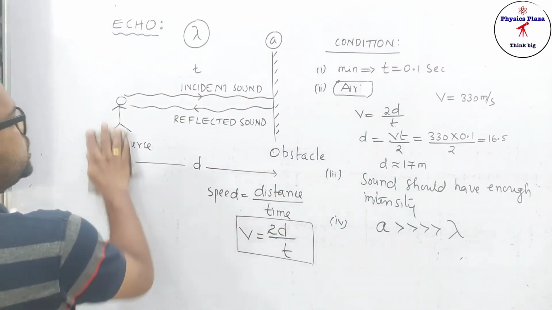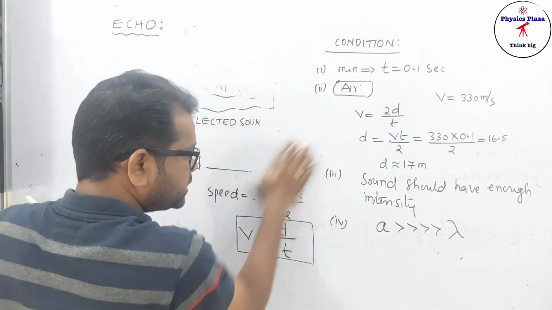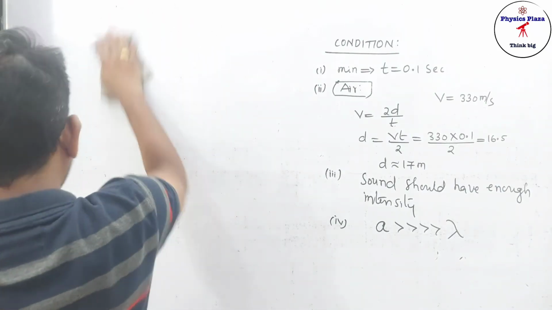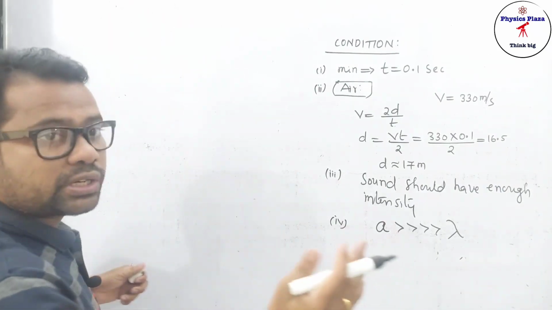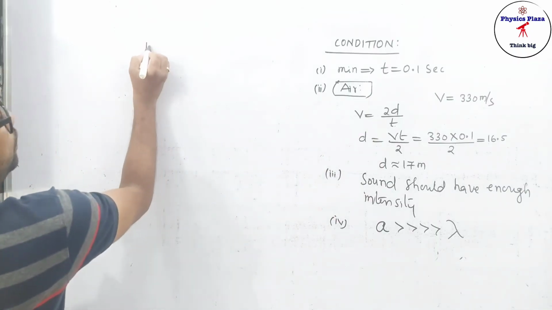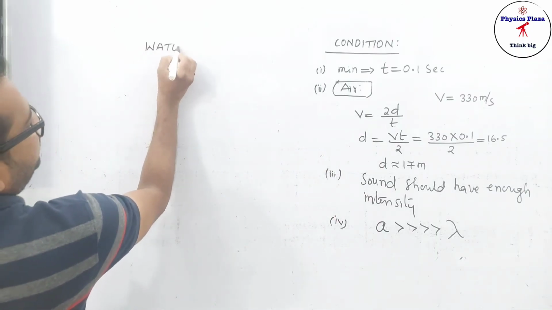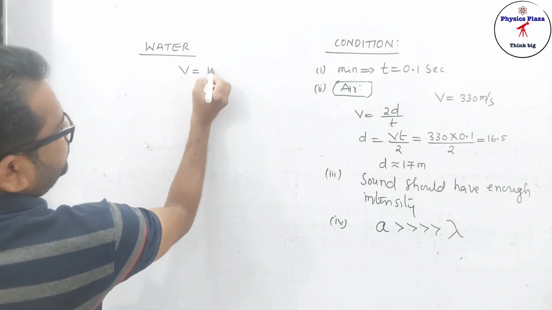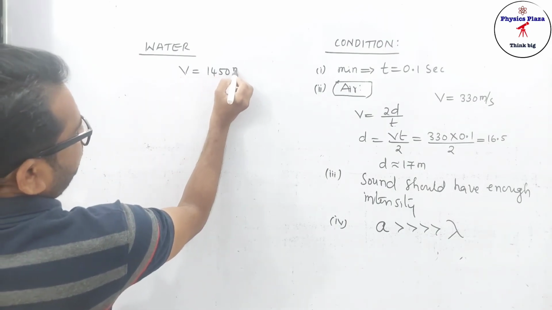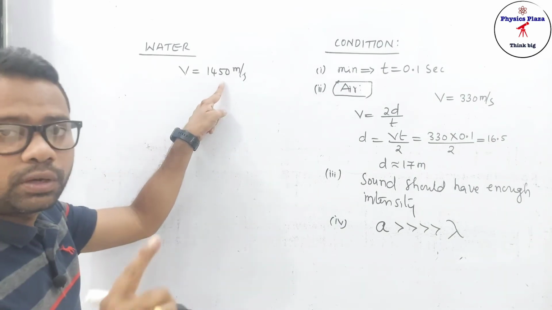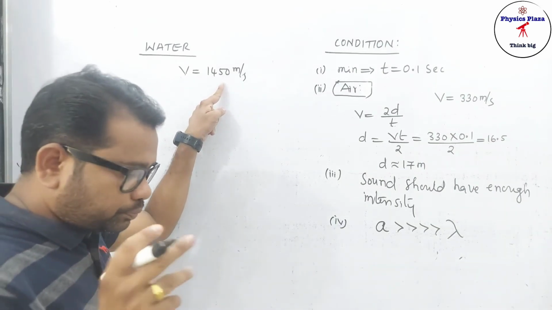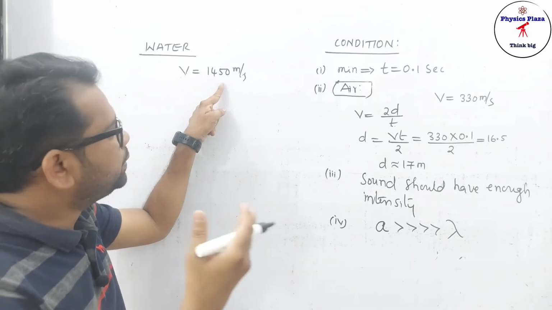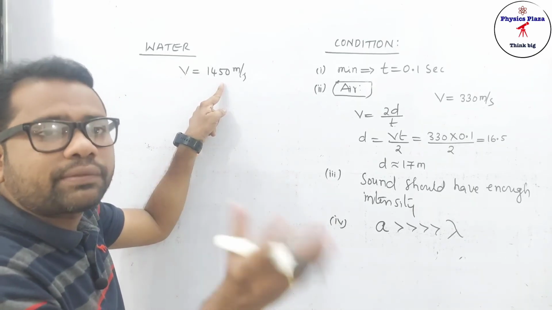And you may get one doubt, sir, what if it is in water? So let me tell you here, if it is in water, children, let us check what the minimum distance required in water should be. Let us check for water also, because this is very important from the examination point of view. Approximately in water, the speed of sound is 1450 meters per second. Children, it varies, because of river water or sea water, the density matters there. So the velocity also differs, but on average we are taking this.